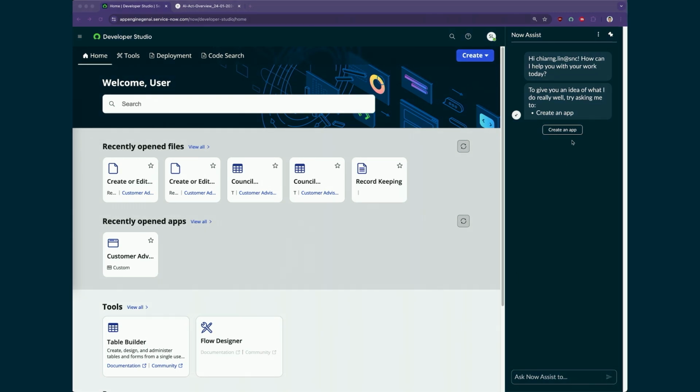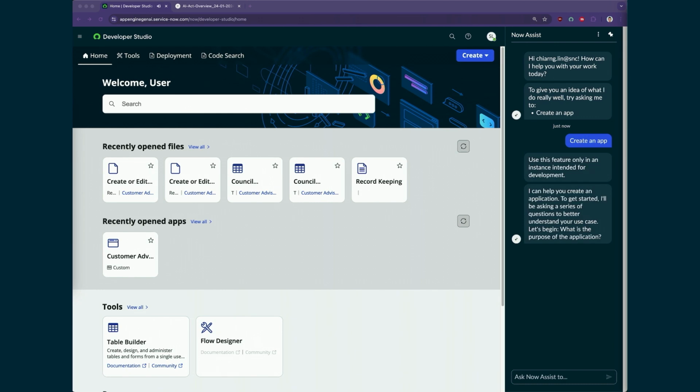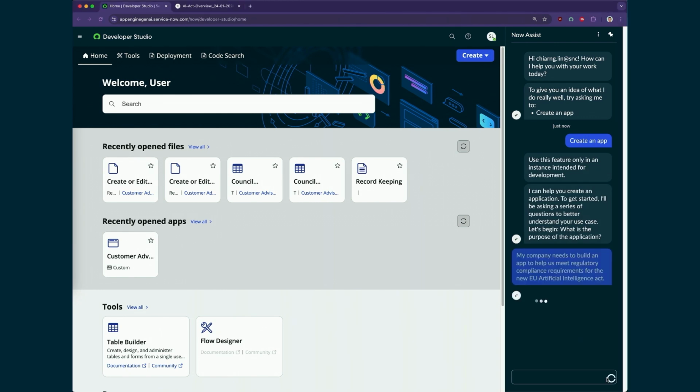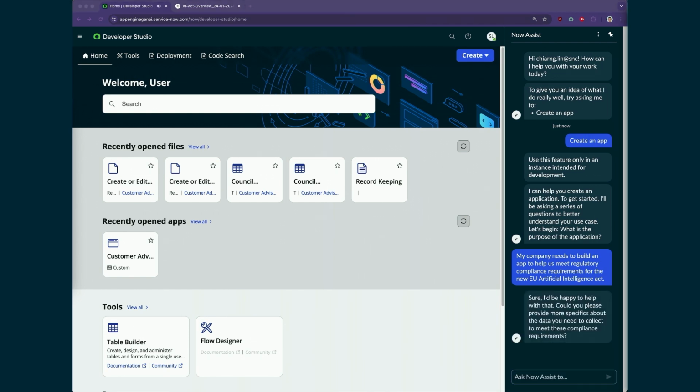So this is all real live working code. You can try it out in the Future Lab later. I just recorded it earlier today. So as a starting point, we're going to have to let app generation know what we want this application to do. In this case, we're telling it, hey, we want to build an app to meet these EU AI Act